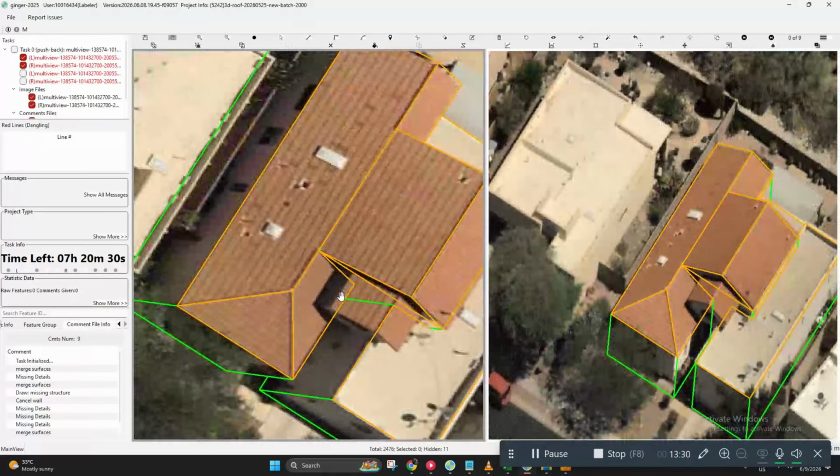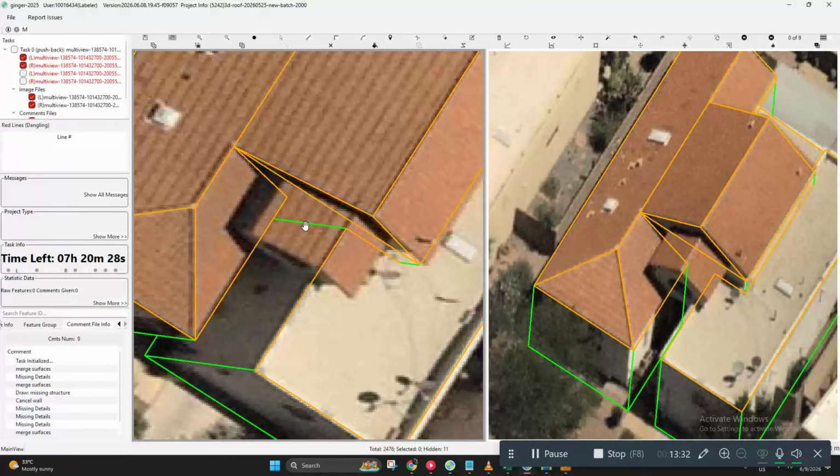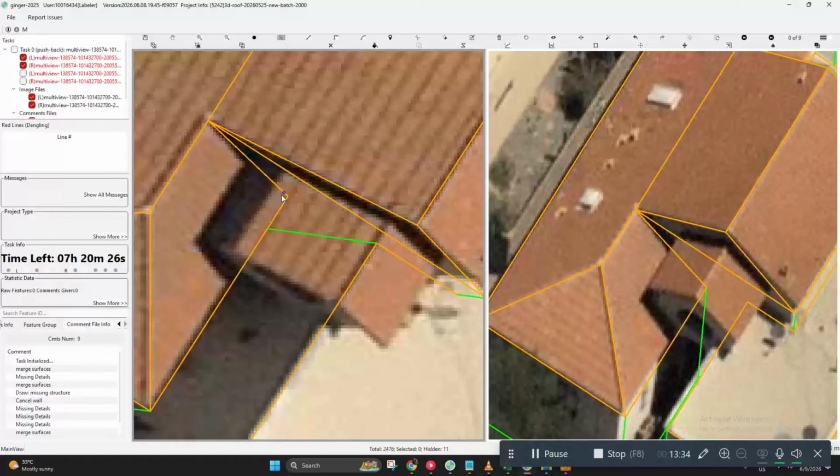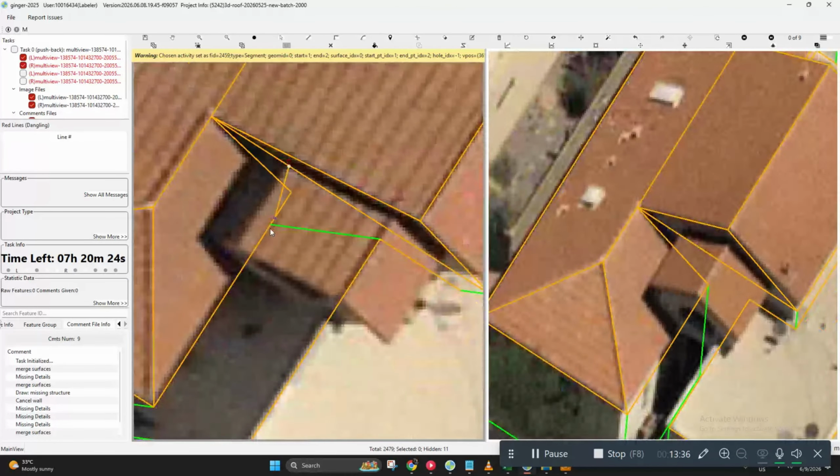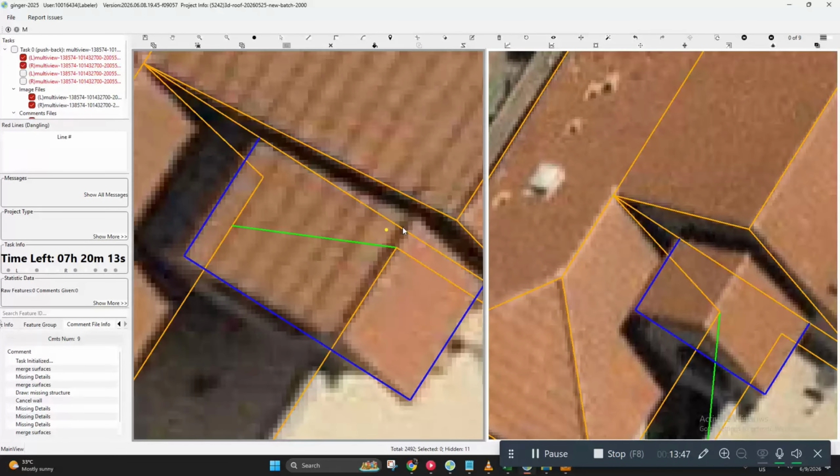And for this one, we can use the assist line method, like so.